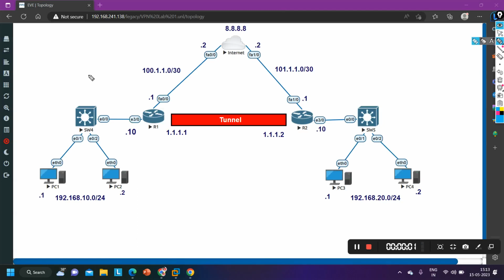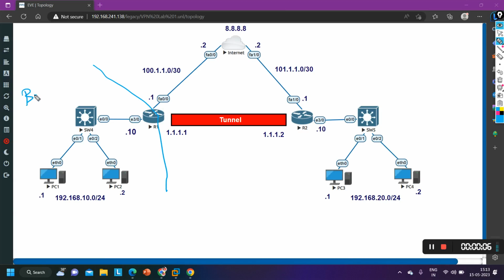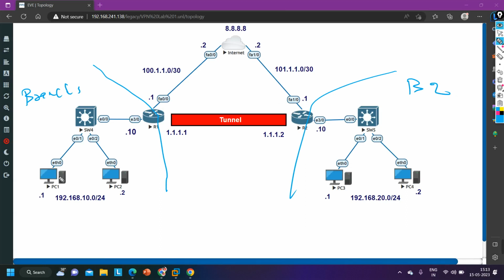Okay, so this is my branch 1, and let's say this is my branch 2. In branch 1, I am using IP addresses from the 192.168.10.0/24 network. In branch 2, I am using IP addresses from the